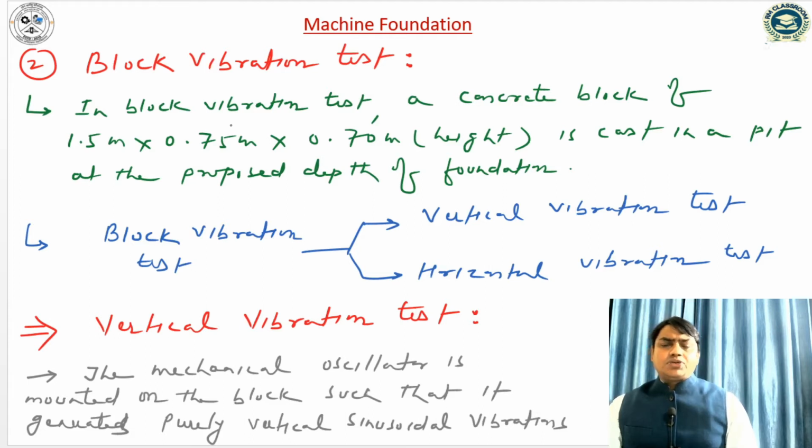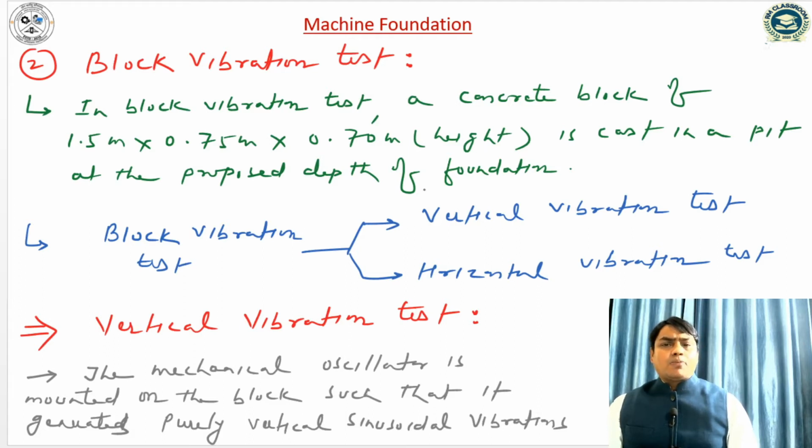Similarly, the second in situ test is the block vibration test. In the block vibration test, generally there are two types: the vertical vibration test and the horizontal vibration test. In this test, we generally record the amplitude and frequency plot, or we draw the amplitude frequency curve. A concrete block of 1.5 meter by 0.75 meter by 0.7 meter height is cast in